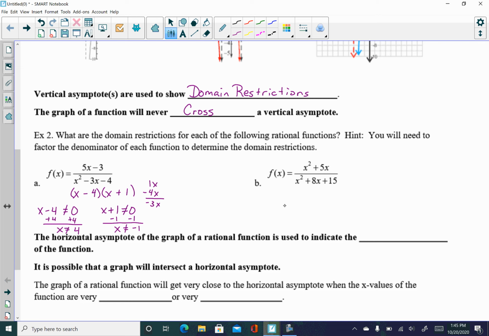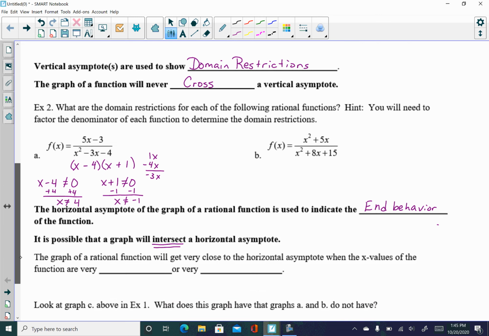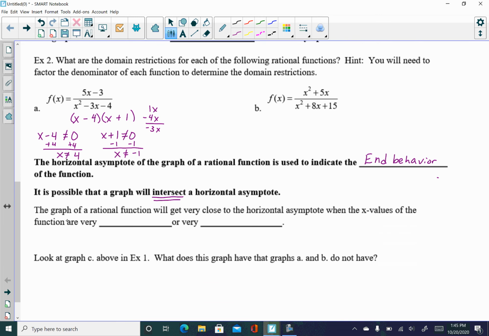It says a horizontal asymptote of a graph of a rational function is used to indicate the end behavior. Okay, something we've already talked about in this section. It's going to be looking at the end behavior of the function. It is possible that a graph will intersect a horizontal asymptote. It's pretty rare, but it can happen, just so you're aware of that. You cannot, as I mentioned up here, cross a vertical asymptote, but it is possible to cross a horizontal. Just below that, the graph of a rational function will get very close to your horizontal asymptote when the x values of the function are very small